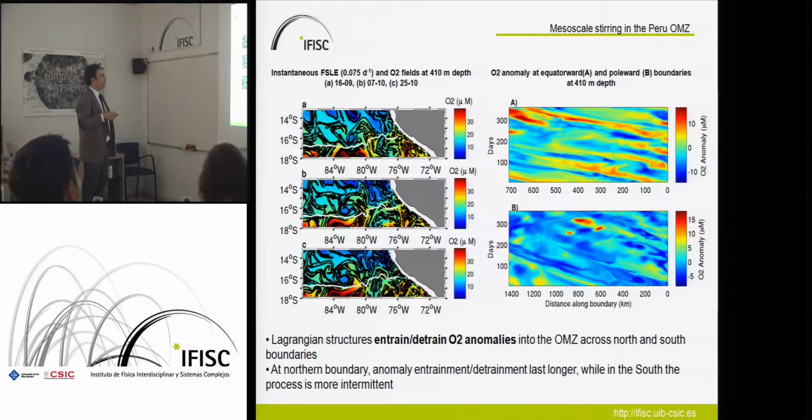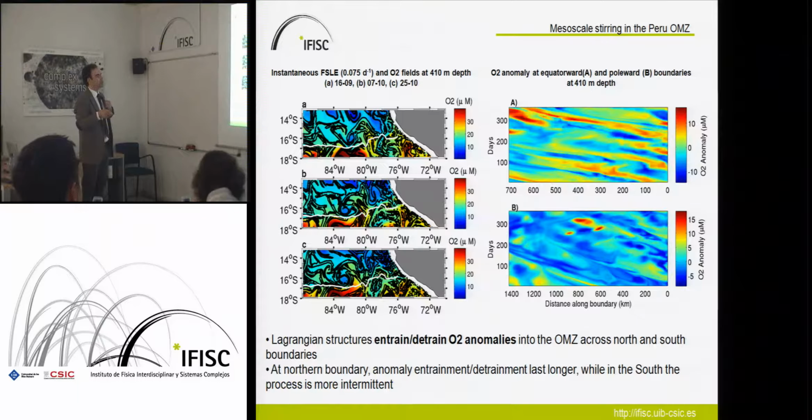So we found that O2 anomalies going into the OMC here at the southern border are clearly related to the passage of high FSLE lines. So you can see here this high anomaly of oxygen being delimited by the FSLE lines. And actually this was for one episode, but if you compute this average anomaly along the border, you can